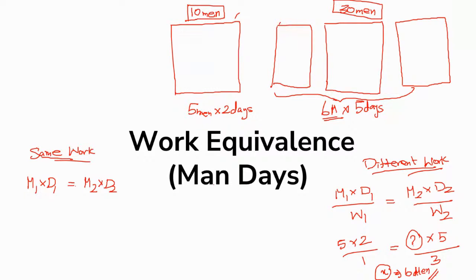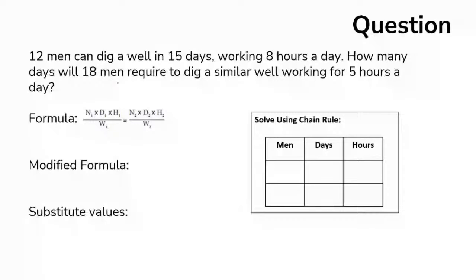So guys, actually, what happens in real time is the work done by one man and another man will be different. But in this case, we try to assume that the amount of work each man does is equal on every day, and we calculate the values here. Yeah, and moving on to the first problem. So in this case, sometimes they will give it as men's days and